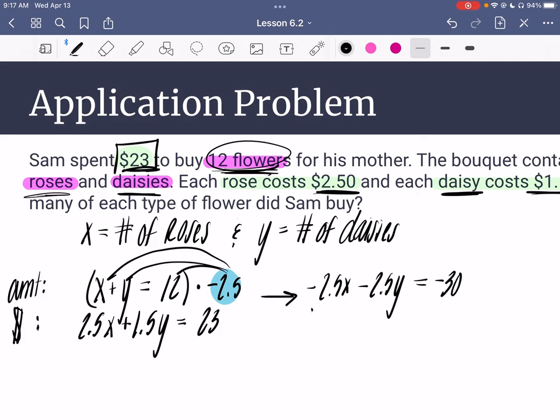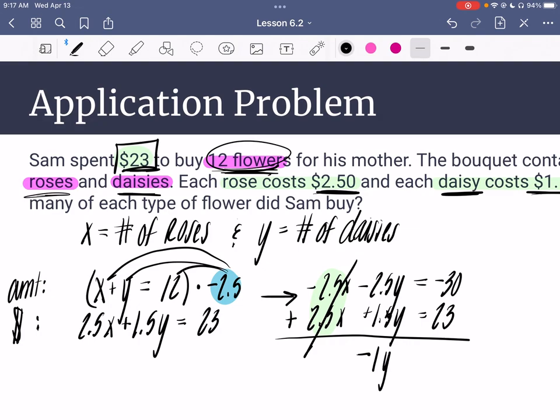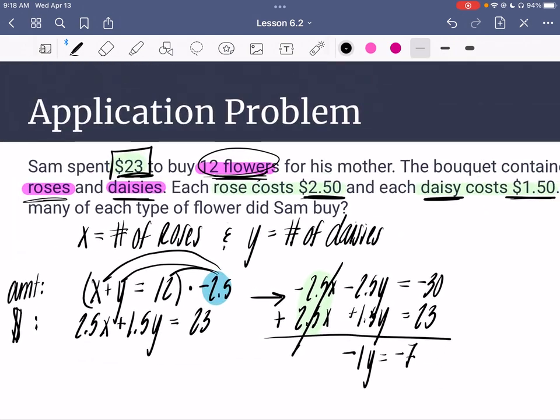Okay, then we copy down our second equation. That is staying the same. And now we notice, okay, I can eliminate the x's because they're opposite signs. So going to go ahead and add these. So this gives me 0. Negative 2.5 plus 1.5 is negative 1. And then I just carry down the y. And then negative 30 plus 23 is negative 7. So to solve for y, I simply have to divide by this negative 1, and then I get y equals